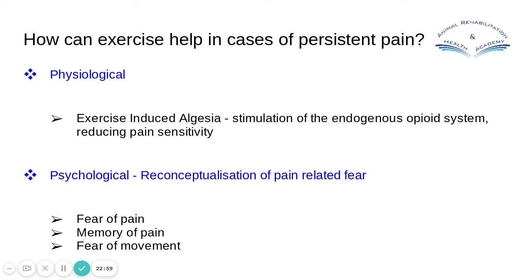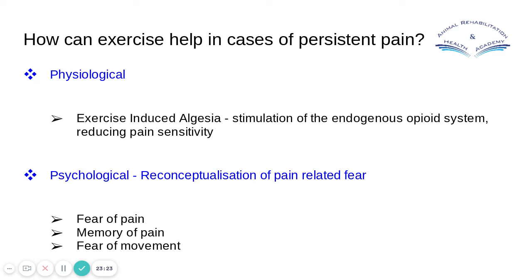It has been shown in many studies that there is this analgesic effect of exercise. It has been noted that if you've got chronic pain, it can get worse at first. But if you can get through that to the other side and do regular exercise, it can actually help reduce pain sensitivity. And that is, again, a physiological, structural change.